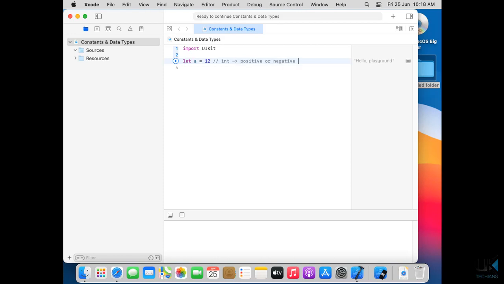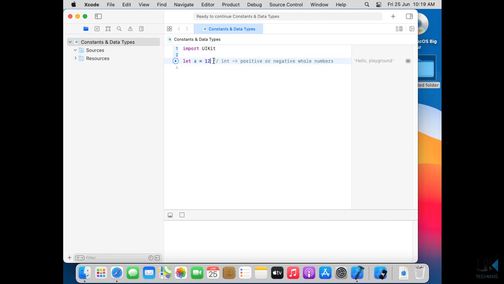What is Int? Int is a whole number, right? We use whole numbers here, so it can be 0 up to any number. Int is a whole number that contains positive and negative values. So how do we know that this is an Int? Because we have just input the number.